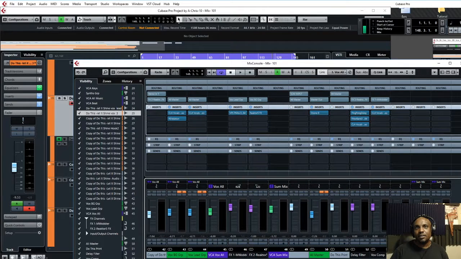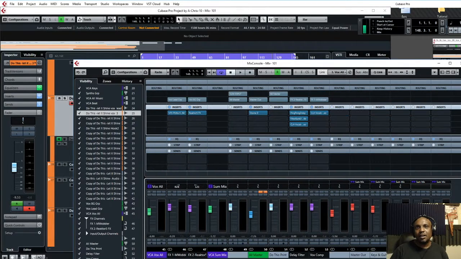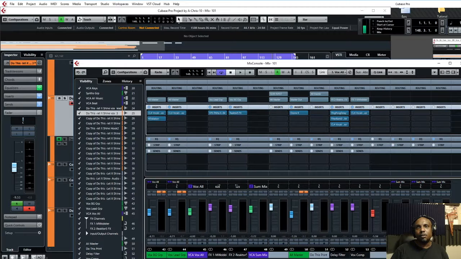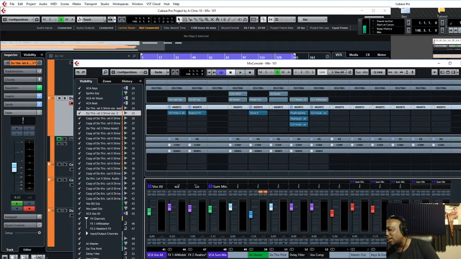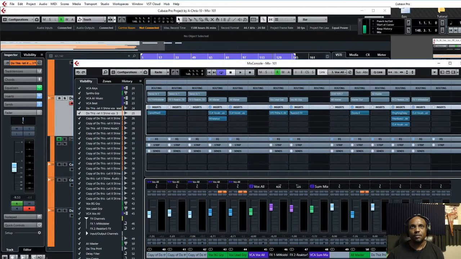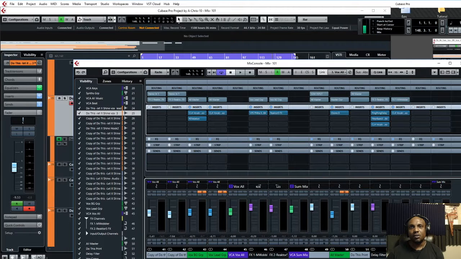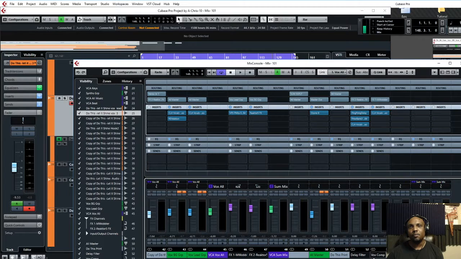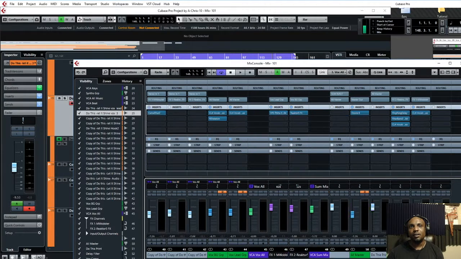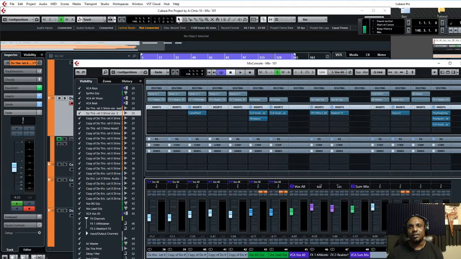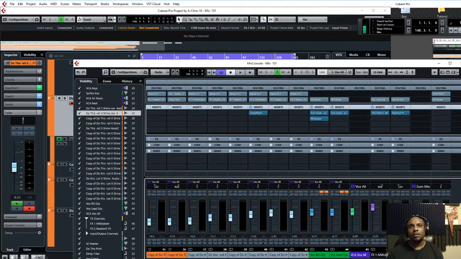And as far as time-based effects, reverb and delay, that's my take on how they should be used, and I hope that it would encourage you to think about what you're doing before you do it, and have a game plan as far as your template goes. Like, okay, I know that in this song I'm probably going to have a delay and a reverb, at least one. So you can set up aux tracks or set up your group tracks to have that in it, depending on what you want to do, and that can be part of your own personal template. Or as you mix, you can just throw those tracks on there,